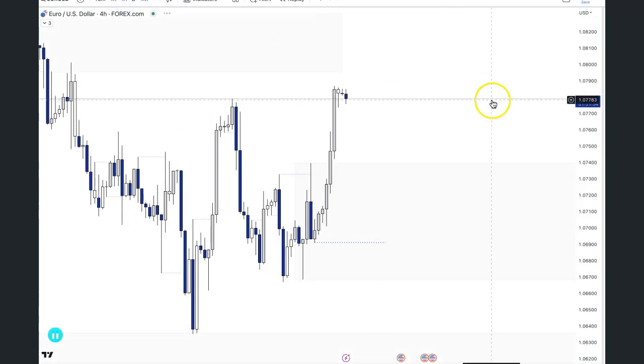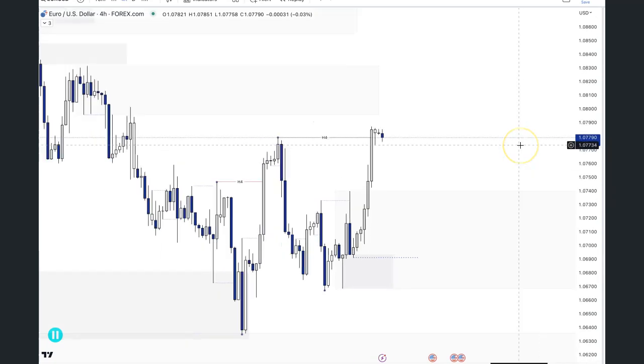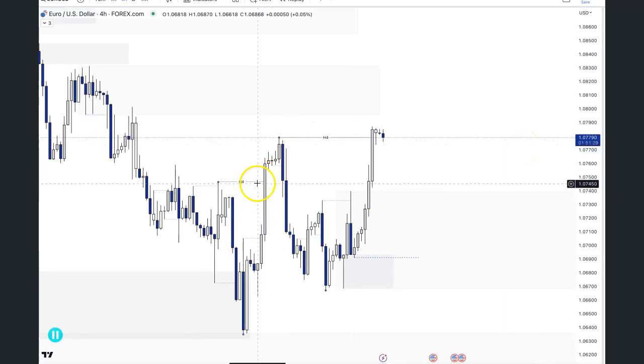Moving on to the 4-hour chart. This is the structure. We had a bullish break of structure. We pulled back, and then yesterday price rallied up and took out this high. So now we've had another break of structure to the upside, so it's bullish. And after break of structure, we can expect a pullback